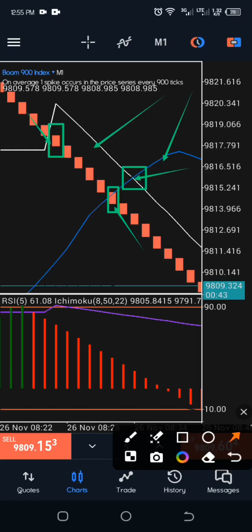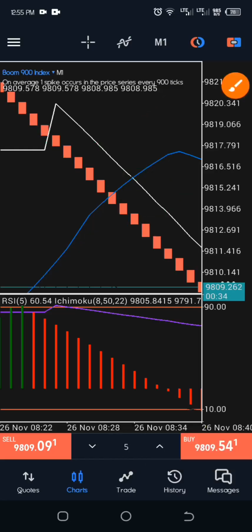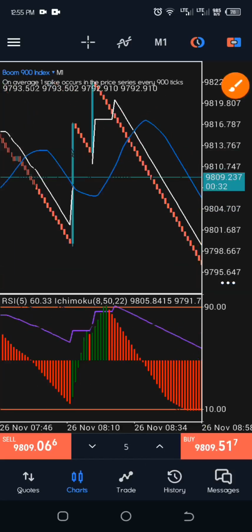And what do we take our entries from? We take our entry from, after this candle right here, we wait for another 3 candles, then we enter right at this candle right here, which is the candle we are going to enter our trade from. Okay, so that's how we take a trade with this strategy, and your stop loss should always be